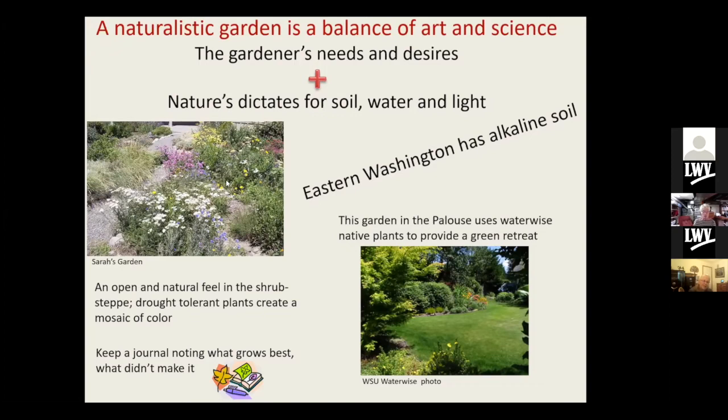And this one over here is my friend Sarah's garden, and she lives out about 5 miles north of Ellensburg. She's incorporated just about every dryland plant you can think of, and it just keeps getting bigger. And then this down here is a photo of what